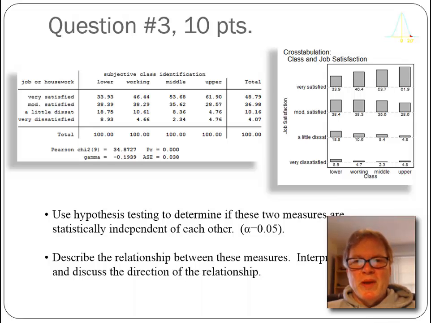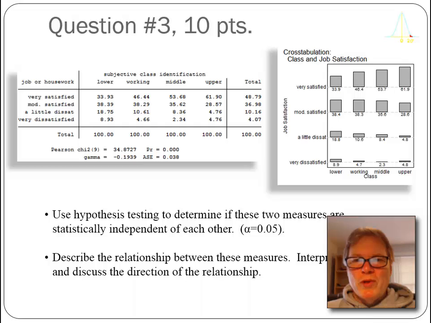The relationship is a weak or moderate relationship, using the table in the book and my amendment to that table. And the gamma statistic, which ranges from -1 to 1, is minus 0.19, and so that's where we're getting this notion that it's moderately strong. So again, we're going to discuss statistical significance, direction, and